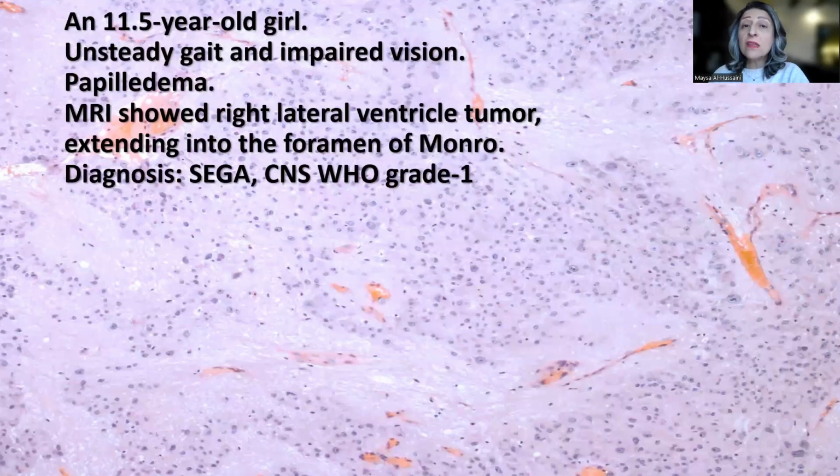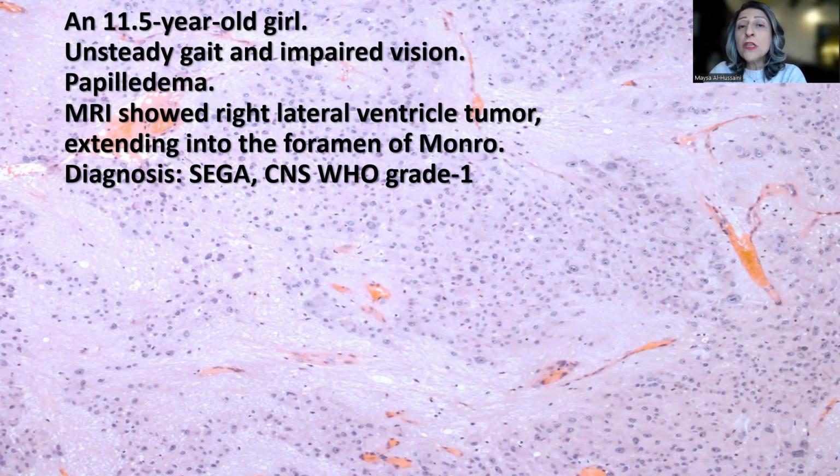So the final diagnosis in this case is a SEGA, subependymal giant cell astrocytoma, CNS WHO grade 1. Of course, most SEGA cases are described in association with tuberous sclerosis, and the patient underwent genetic testing and the case was